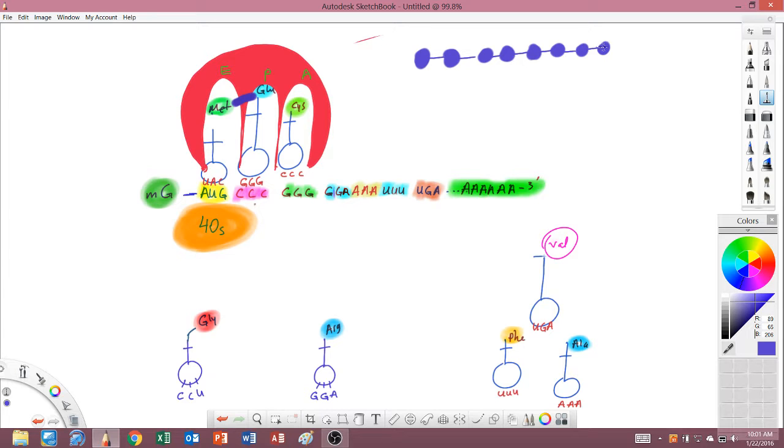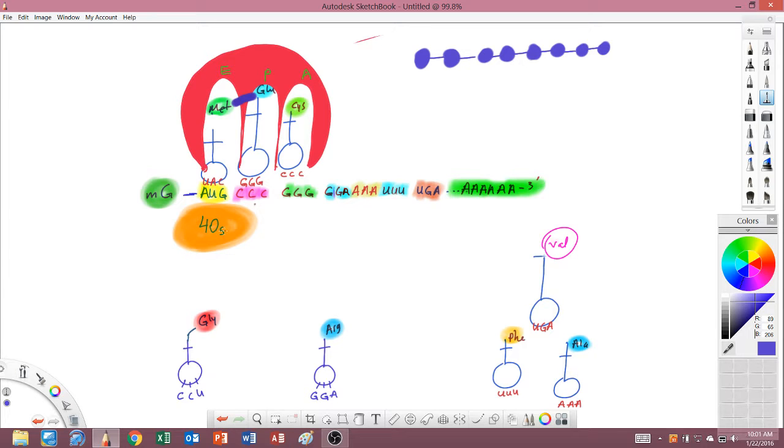The small and the large unit, are they promoting the tRNA to come, or what do they do? Okay, so let's talk about what is the purpose of the small subunit. The purpose of 40S is only to give stability or a platform for 60S to attach. If 60S attaches on one side, it can fall off, but if it's attached on both sides like this, it's much stronger. So the purpose of 40S is simply to give a platform, especially for 60S. Okay.